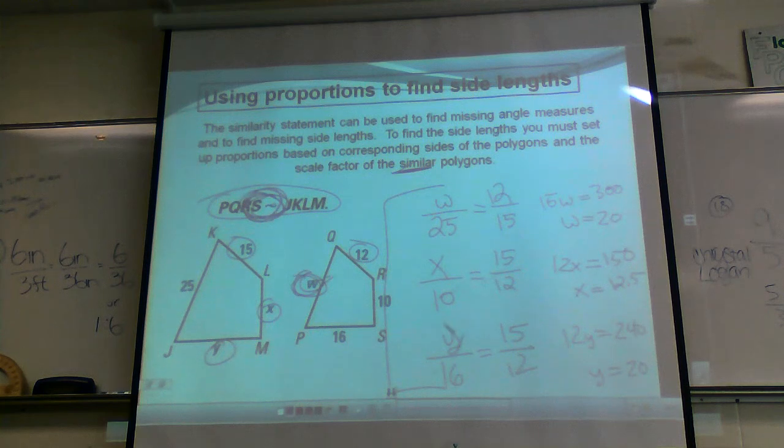It's the biggest mistake. If we get to chapter 10 or something, similarity comes up, I say, look, find W, and they go, oh, W equals 25. No, it's a smaller shape. You can't do the same. If we get that late in the book and you do something like that,